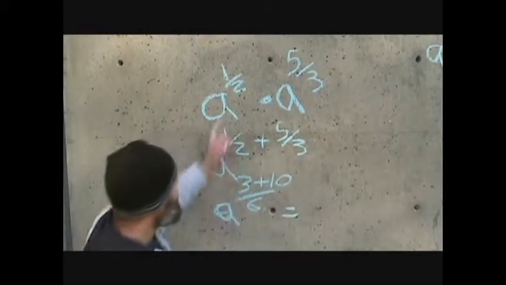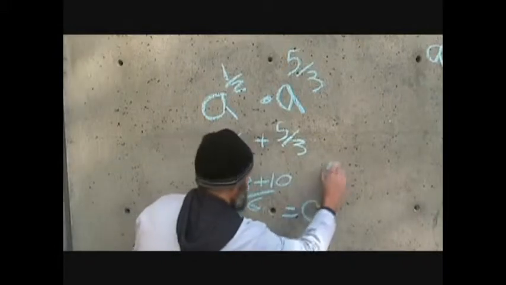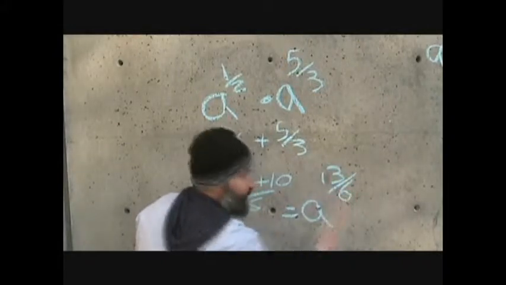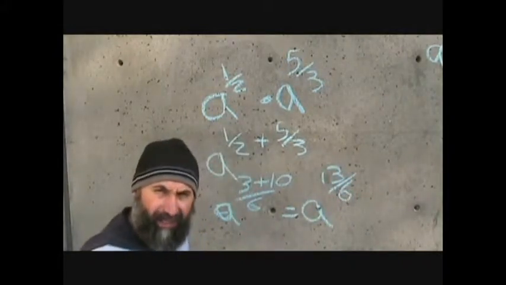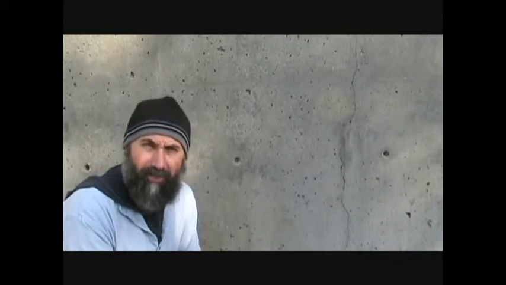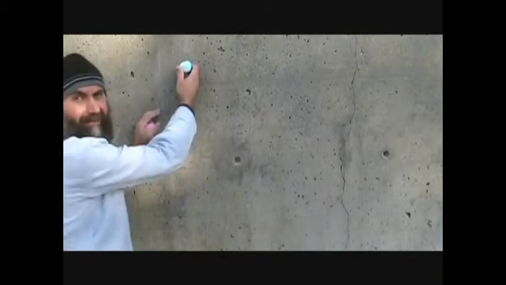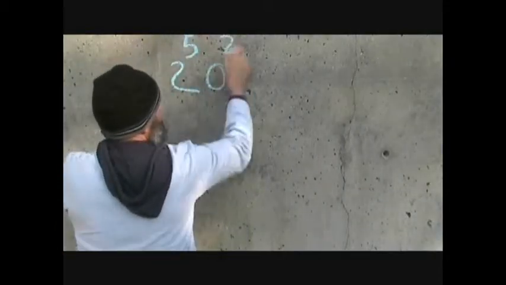So this thing multiplied together is going to be a to the power of 13 over 6. All you do is add the exponents. And it doesn't make a difference how many different symbols or variables you have multiplying together or dividing together. So for example, you have